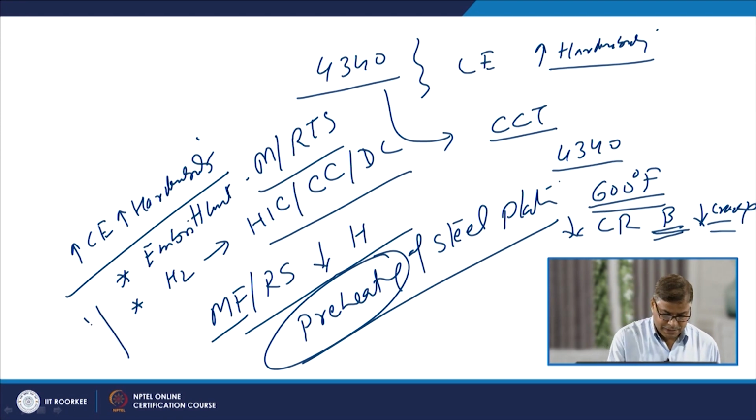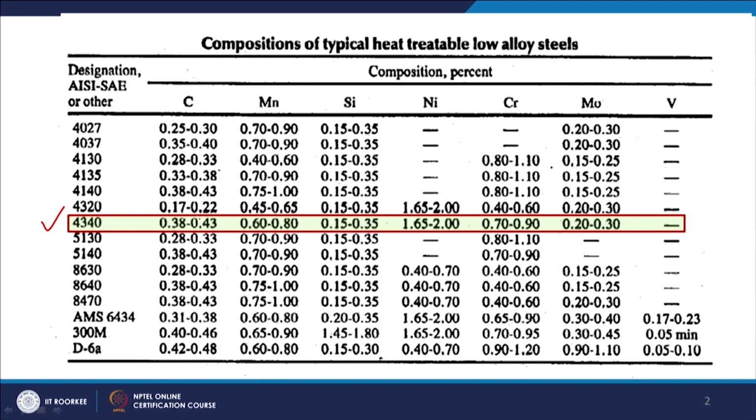So, preheating is basically the main thing. How much preheat is to be given, and what different phases will be formed if preheat is given or not given, matters, since preheat directly affects the temperature at which the transformation of austenite into other phases takes place, as well as the cooling rate experienced by the plates during that transformation. So, it is important to see what kinds of phases will be formed. We will be talking about the continuous cooling diagram of a typical steel, 4340, which contains